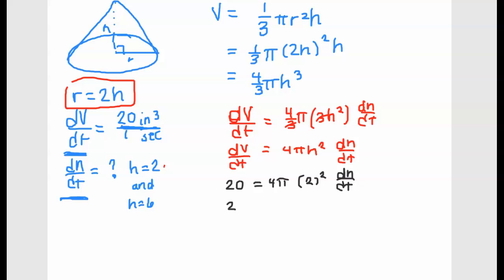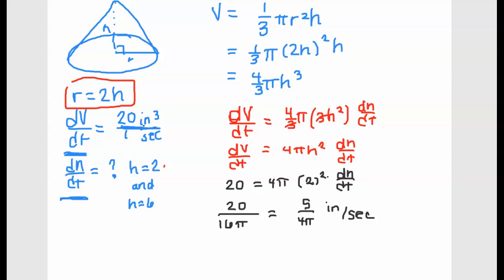So you have 20 divided by 2 squared, which is 4. 4 times 4 is 16. So dh/dt is equal to 5/4 pi. And then this would be in terms of inches,